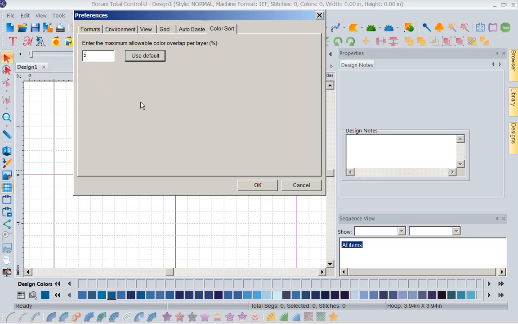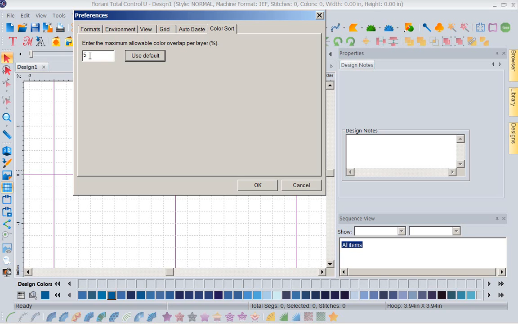If I've got a red and a blue, or a white and a blue. Okay, I might not want that white to color sort too far percentage-wise into that blue because of a shadow effect. So this you kind of look at per layer because of course we've got